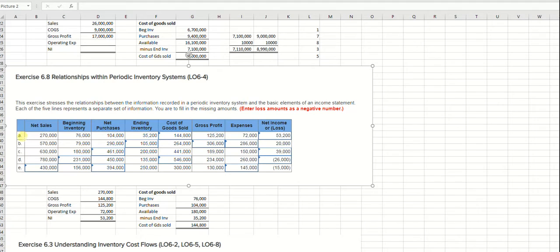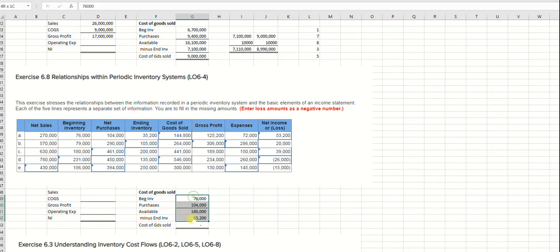All right, so we're given A, B, C, D, E scenarios. And quite frankly, all you do is plug in the numbers I know to determine the numbers that I don't know. So again, I'm going to delete these. Okay, so in this one, I'm not given cost of goods sold, or I'm not given these cells with the little blue arrow in it. Those are the unknowns in your homework problem, but I just pulled out the answer so you can see it. So I have net sales of 270,000. Okay, my next one is beginning inventory, 76,000.